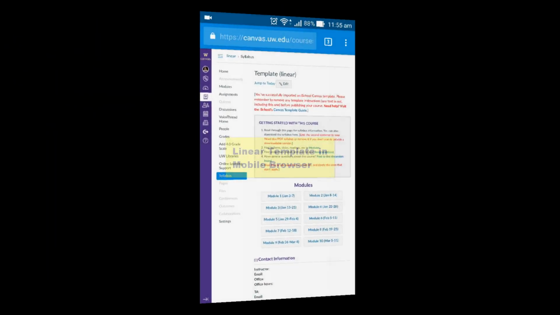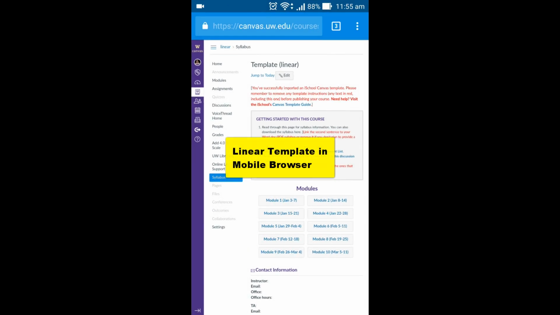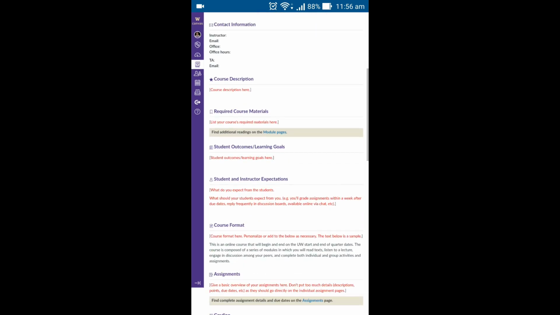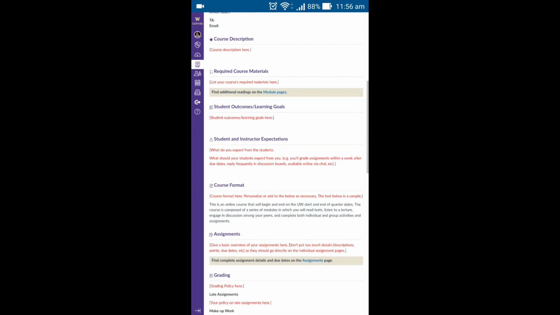This is the linear template as rendered in a mobile web browser. This is Chrome on Android, and we can see that we want to hide the course menu, so I can just click up here in the corner and that hides my menu. And this is very similar to what we've seen before, standard syllabus page with all of the content and the